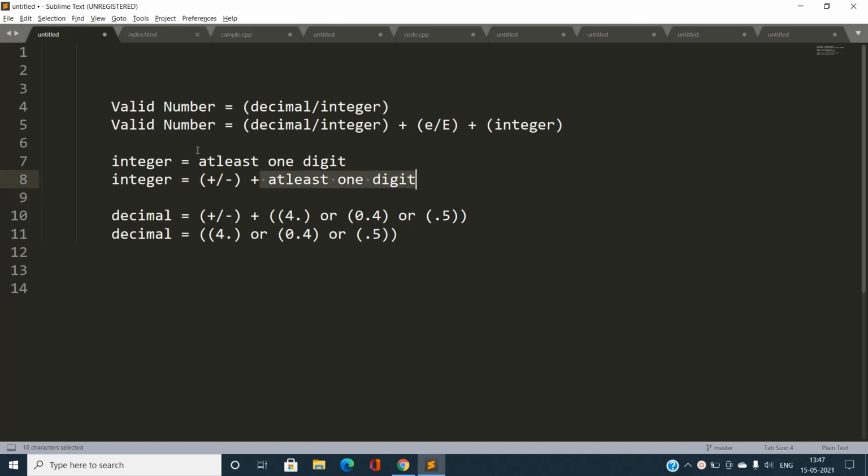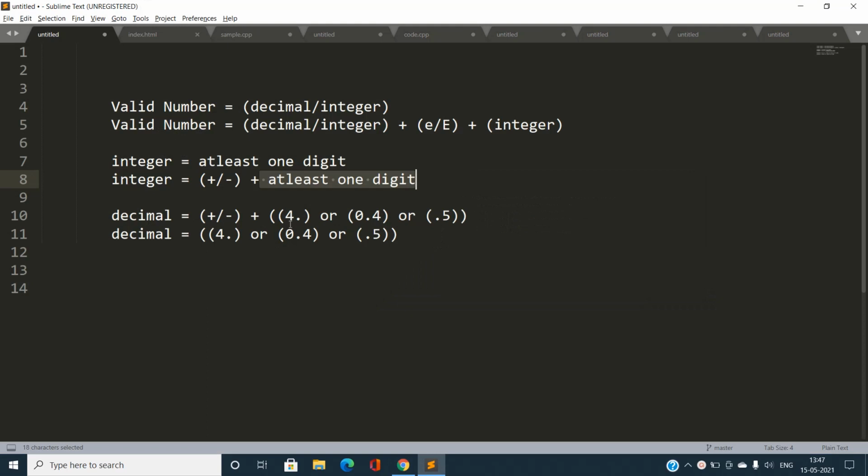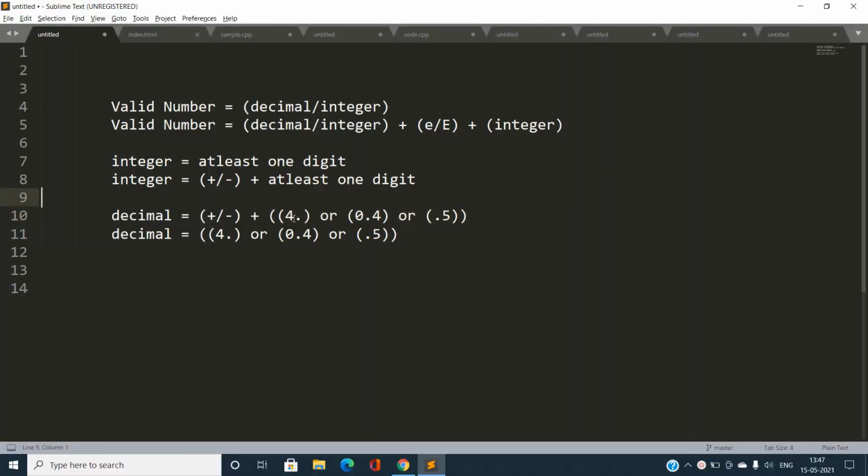Now I'm going to discuss the decimal number. It has a character, either plus or minus, which is optional. Then there is a dot, and for every dot there should be digits present either before or after it.